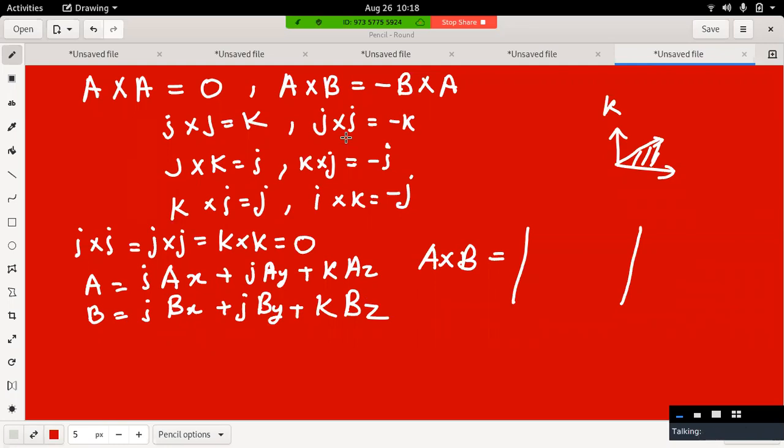Okay, तो इसको अगर हम डिटर्मिनेंट फॉर्म में लिखना चाहें तो ऐसे लिख सकते हैं: AX AY AZ, BX BY BZ. Notice this is only the cross product. और इसको अगर हम फर्दर एलेबोरेट करें,